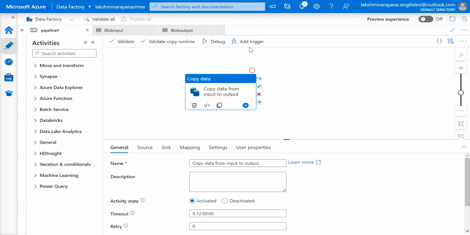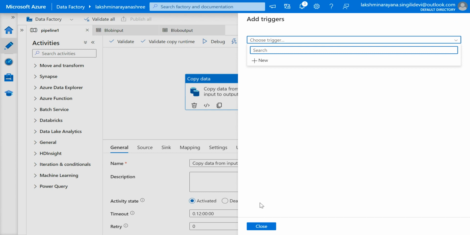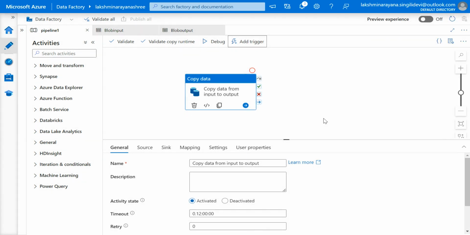If you want to trigger, click on trigger. You can trigger right now, or trigger by editing. If you want to trigger at some time, you can choose that. You can also set a trigger for every 1 hour. But I want to trigger right now. Before triggering it, go to your